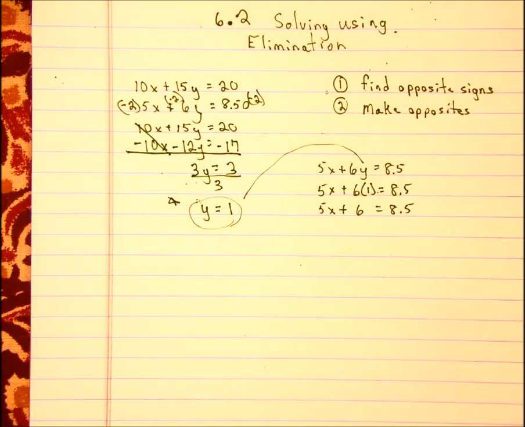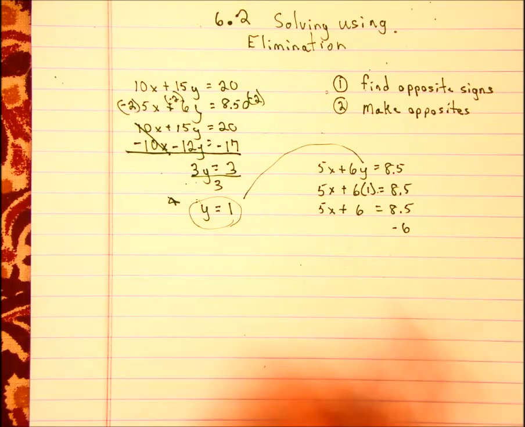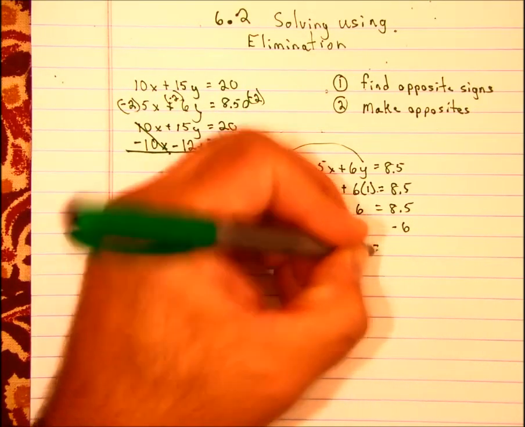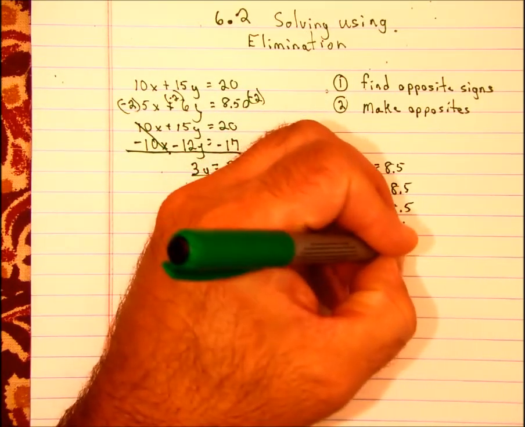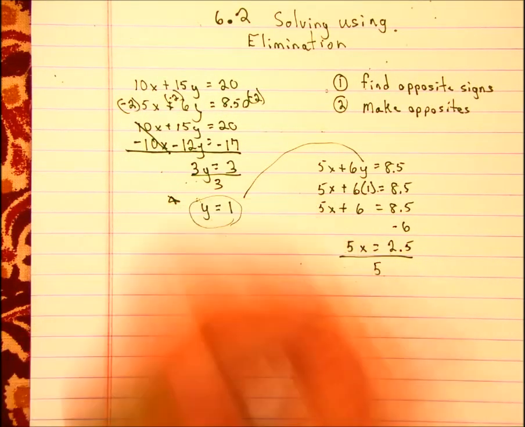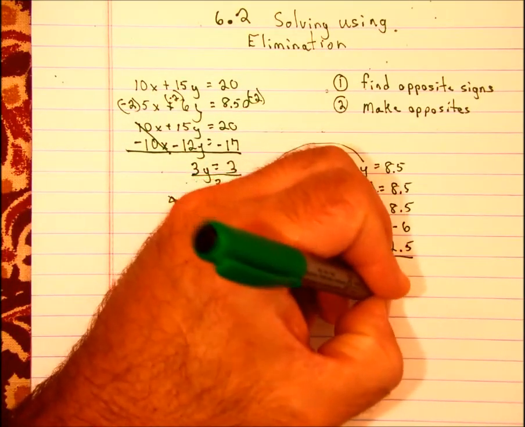Then we do our lovely math algebra skills. Minus 6 from both sides. Right? Move this over here. And I'm left with 5x equals 2.5. Divide the whole thing by 5. You get x equals